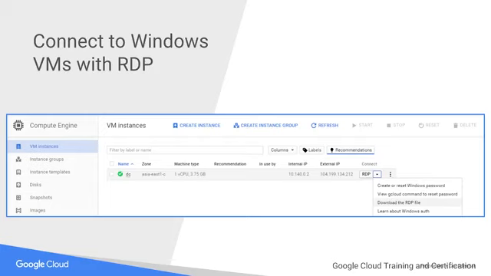Once your virtual machines are up and running, you'll want to connect to them to perform general systems operations tasks, such as installing and configuring Windows features and your own applications. You'll be able to connect using Remote Desktop Protocol, and you can even do this without leaving your browser by installing the Chrome RDP for Google Cloud Platform extension. Of course, you can also use Microsoft's RDP client instead.